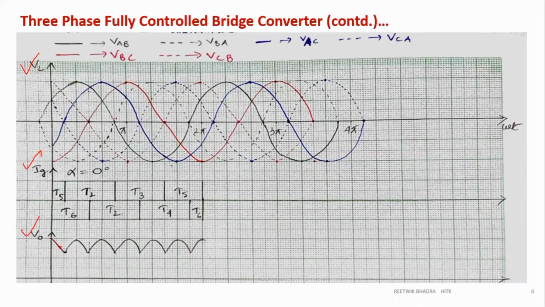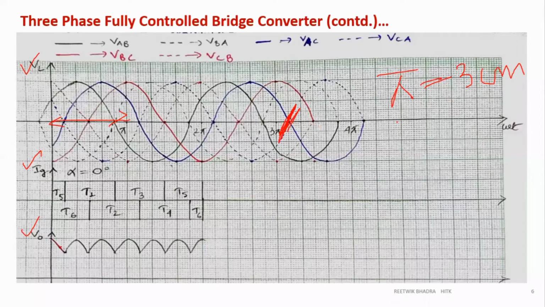Now drawing into it. In your exam, per pi, 180 degree should be taken as 3 centimeter. So pi is equal to 3 centimeter. You have to use a scale and draw it to get a good diagram. Otherwise, this waveform will not be proper. This V0 will not be proper. So 180 degree equal to 3 centimeter. So every 1 centimeter is 60 degree. And you have to draw this figure up to 3 pi to get a proper waveform. Or you can draw up to 2 pi also, no problem. But you can show this figure up to 3 pi.